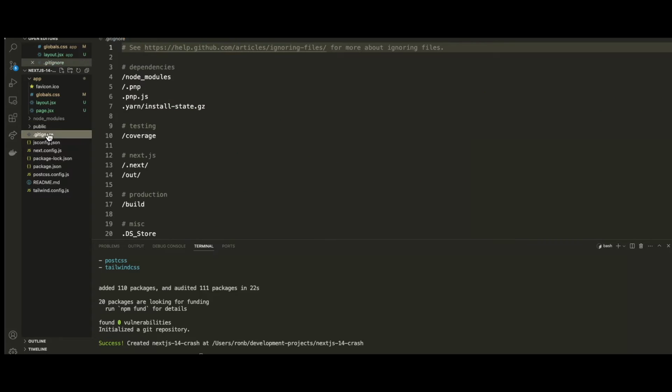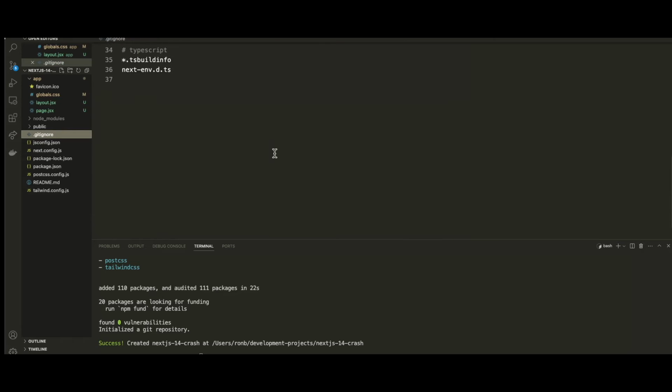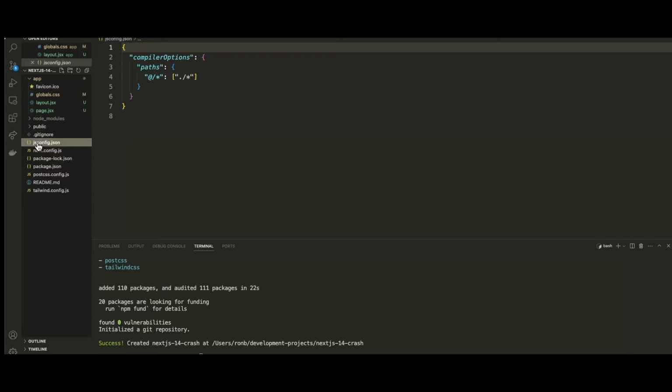The .gitignore file, I'll just open that. As you can see here, what this file does is if you have a GitHub repo, you can add specific references here so that your GitHub repo does not push any of these files directly to the server, so it won't be exposed in your repo. It'll basically keep those files local and unexposed. So I don't think we have to do anything there. We have this jsconfig.json file, which is used by Next.js for referencing specific links and references to packages. The most important thing that's left to show you here is the